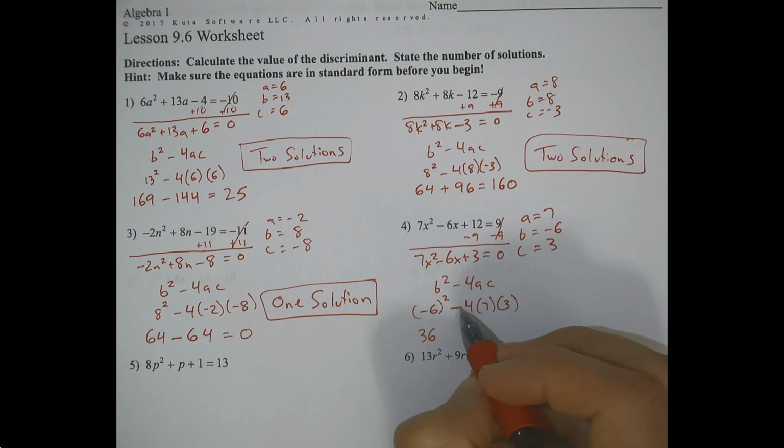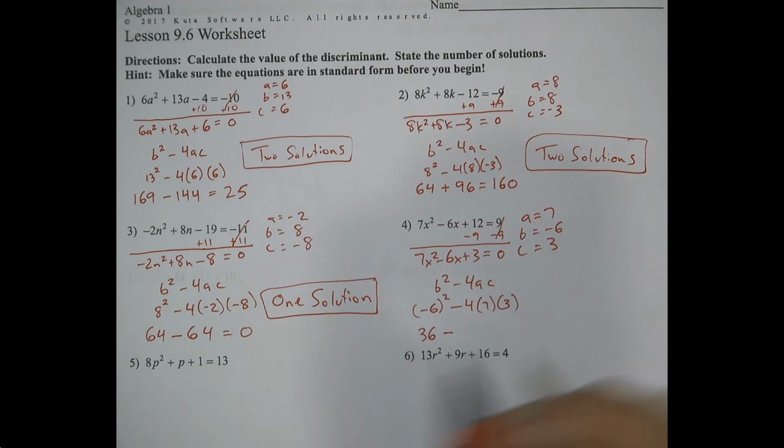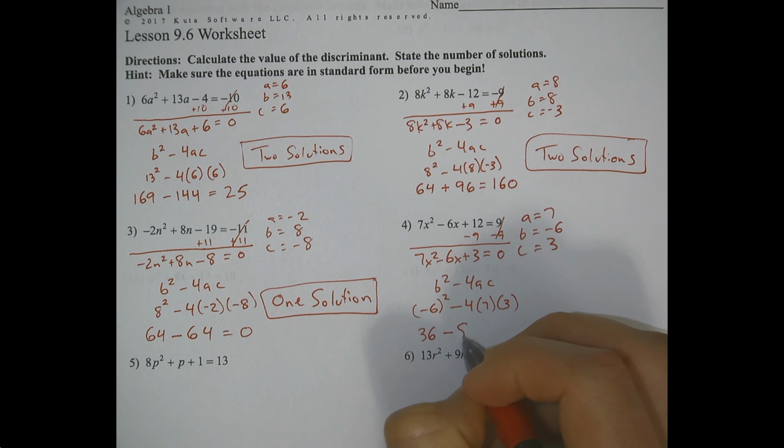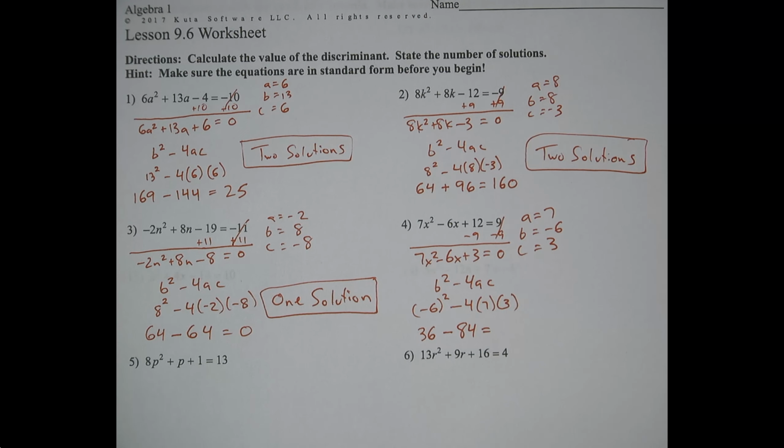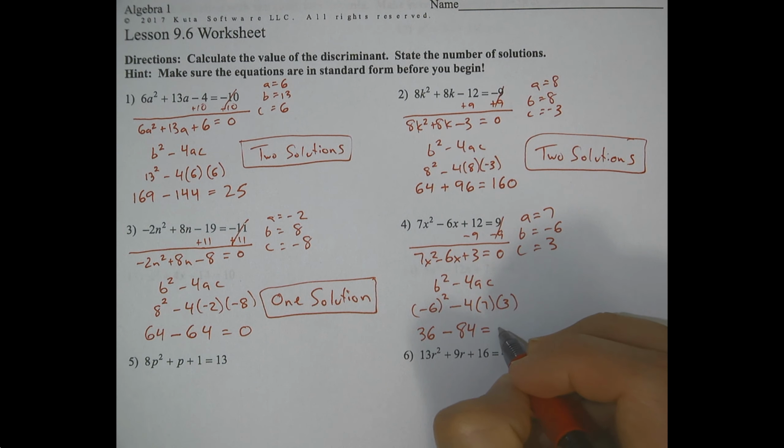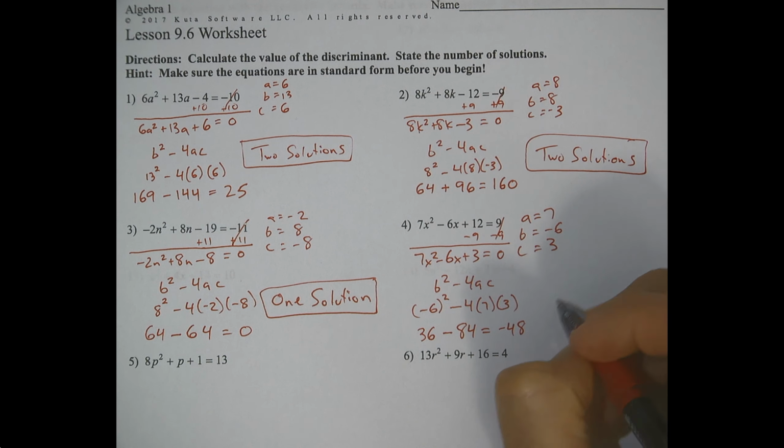So all positives except if you want to count this as a negative 4. So this is going to be a minus. And we've got 4 times 7 times 3, which is 84. And so I can see that's going to be a negative number. 36 minus 84 is negative 48. And so there is going to be no solution